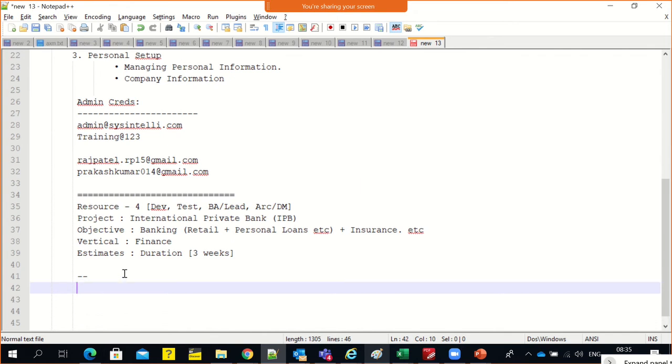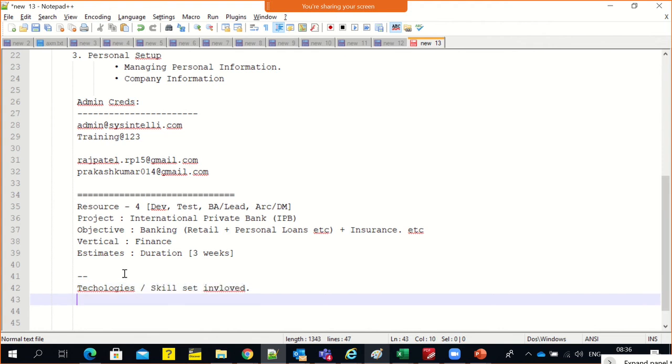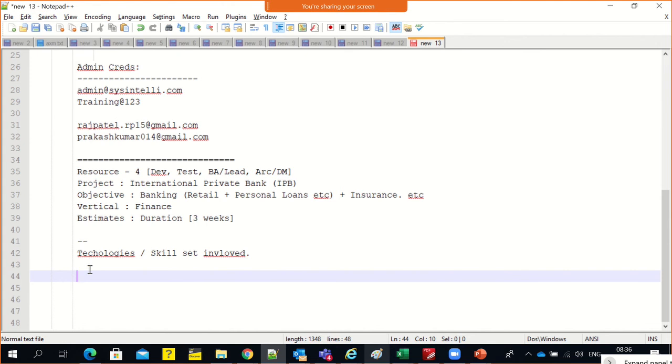Now let's say what technology we have to use. So this is the presentation we got. Technologies or skill set involved. Part of this training would be, yes, of course, to build this, you need to know about the data management. Why data management? This talks about creating the objects. Objects in Salesforce are nothing but tables, and then you find a relationship